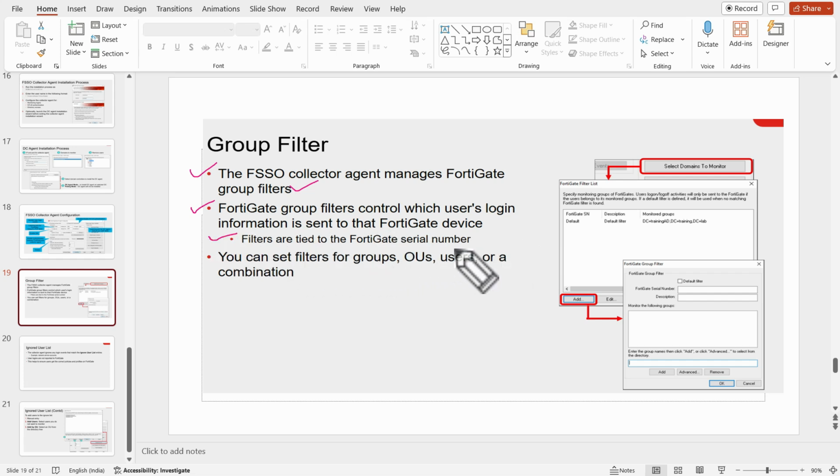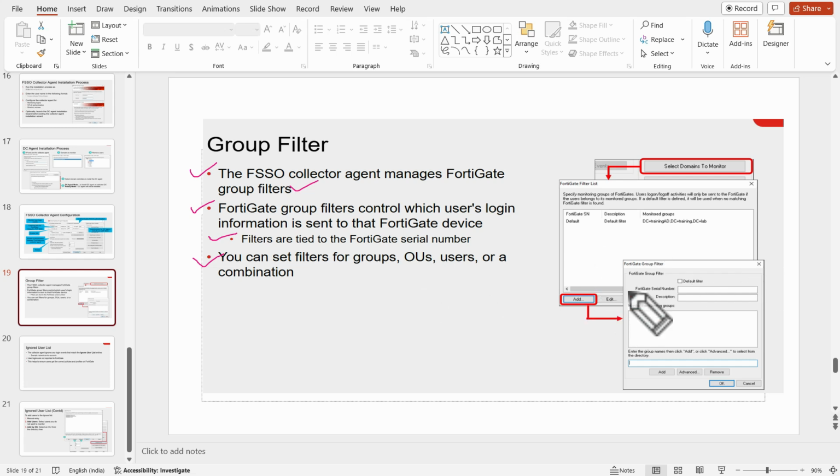Filters are tied to the FortiGate serial number. You can set filters for groups, OUs, and users. So basically, what information is sent to which FortiGate, that information we can add on the collector agent group filter.